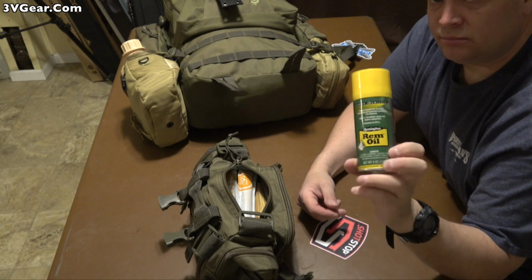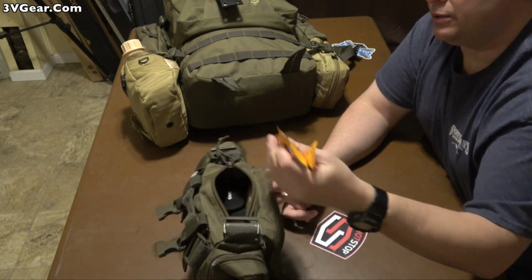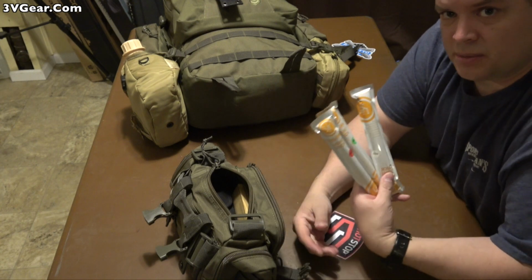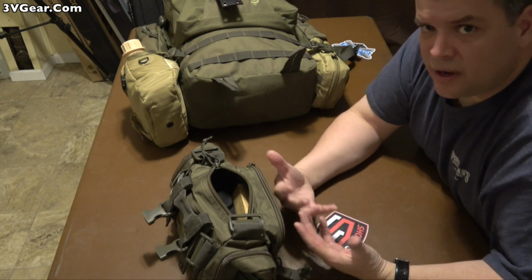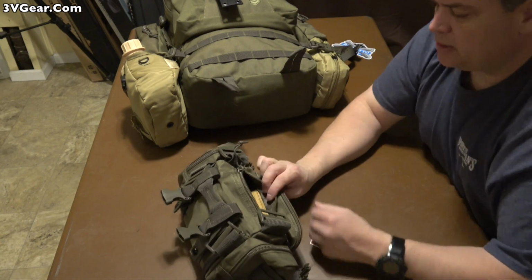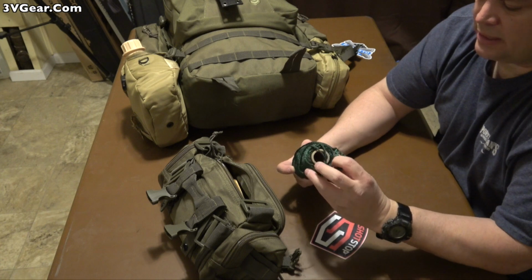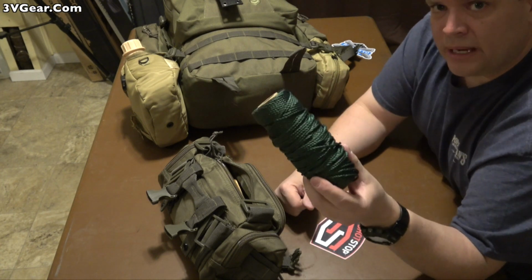Some rim oil, just any kind of gun oil would be fine. And then a few different light sticks. The only reason I threw these in is if your team had established that a certain color light stick means a certain thing, then you might be able to use them that way. But as a general rule, in a tactical situation, you're probably not going to be using any light sticks. And then just a roll of bank line